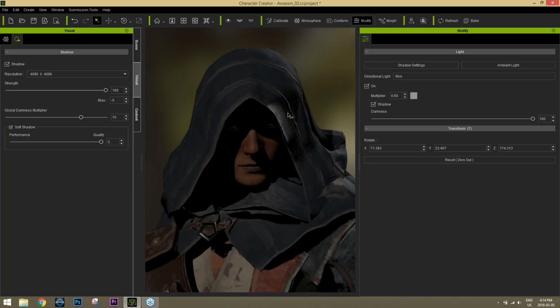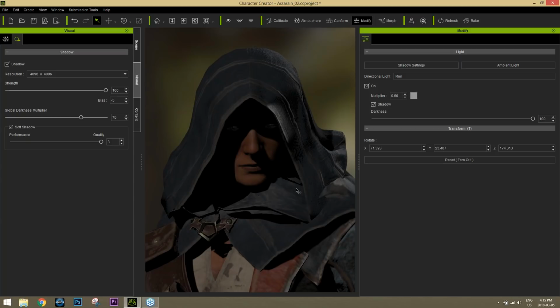Okay, now in some cases, you may have a problem with the bias. If your shadows are not completely accurate, you may have a problem with the bias. So a bias is kind of an easy way to fix your shadow. If you press bias 0, let's go to 0 and -5 here, just so you can see the difference. So when I press enter here, you're going to see that, okay,